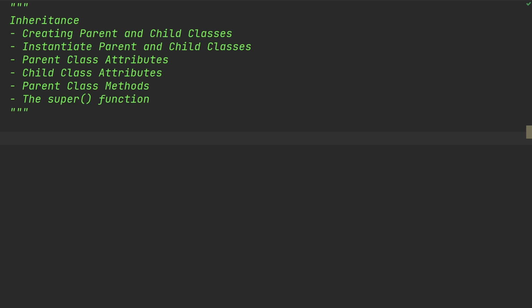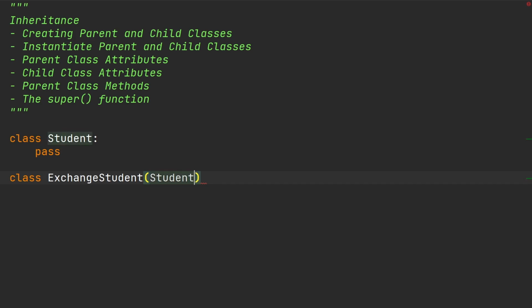As always, I think it's easiest to demonstrate all of this using a simple example. Let's assume for a moment that we're looking at a university with a diverse body of students, and some of these students are exchange students from other universities. So let's go ahead and create the class student. And this class is not going to do anything for the moment, so we're going to write pass underneath. In addition to this class, we're also going to create the class exchange student, which inherits from the class student. And equally, this class is not going to do anything for the moment, so we're also going to write pass